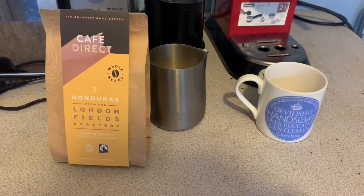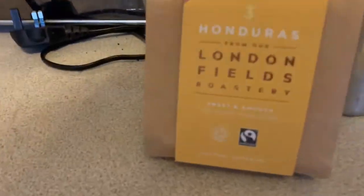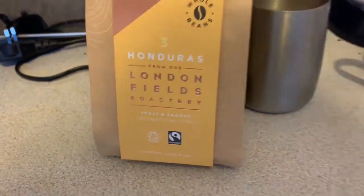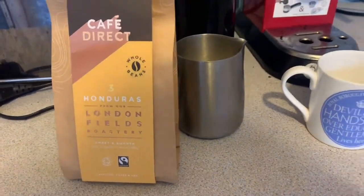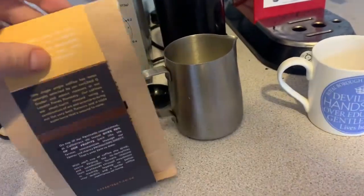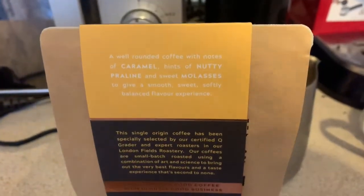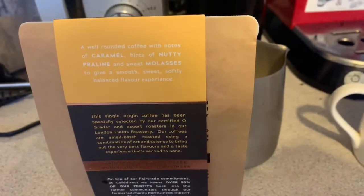Now, what Café Direct actually do is they straight up say sweet and smooth, or whatever you would associate with the tasting notes. They don't have the tasting notes front and centre. The tasting notes are on the back. So, for people like me, I can go, ooh, caramel, hints of nutty praline, molasses. By the way, all flavours I'm really kind of keen on,